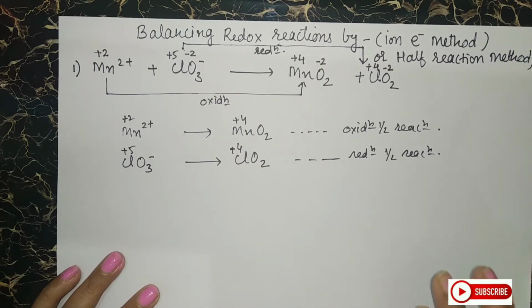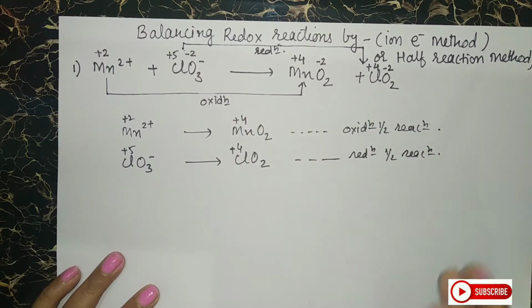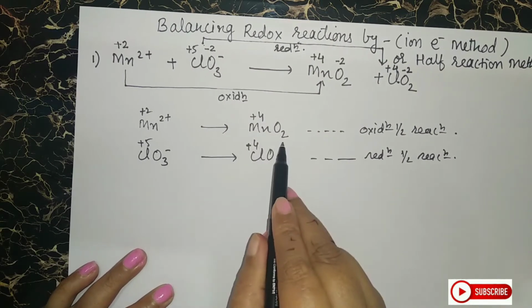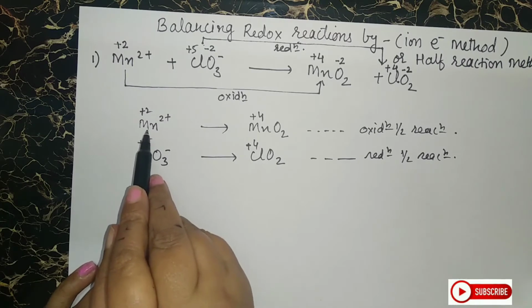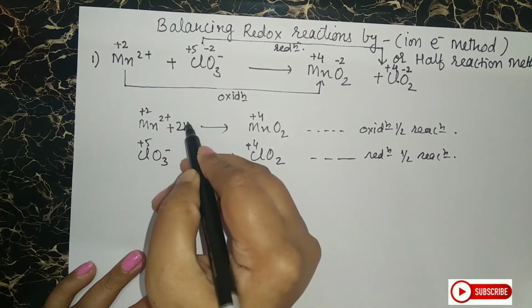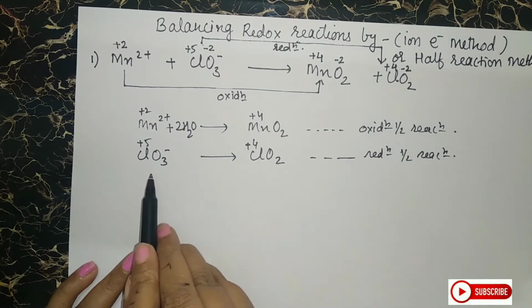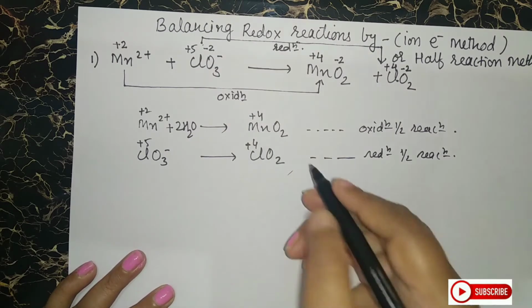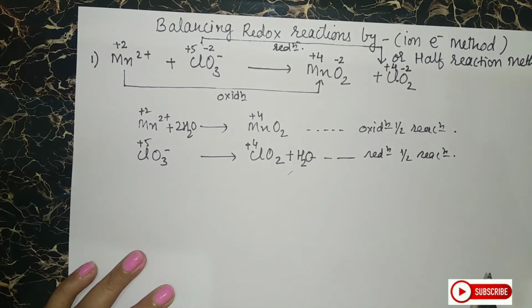Third rule is you have to balance the oxygen atoms on both the sides of the reaction by adding the same number of water molecules on the oxygen deficient side. So let us check this, students. If I see this, there are 2 oxygen atoms on this side and here there is no oxygen, which means this is the oxygen deficient side. So I will write here 2H2O to balance the oxygen atoms. If I see this equation, here there are 3 oxygen atoms, here there are 2 oxygen atoms, which means this is the oxygen deficient side. So I will write here 1H2O. So rule 3 is over. I have balanced the oxygen atoms.